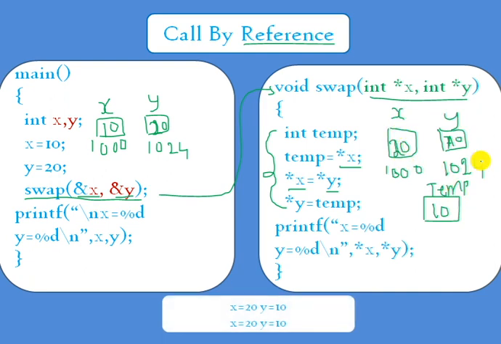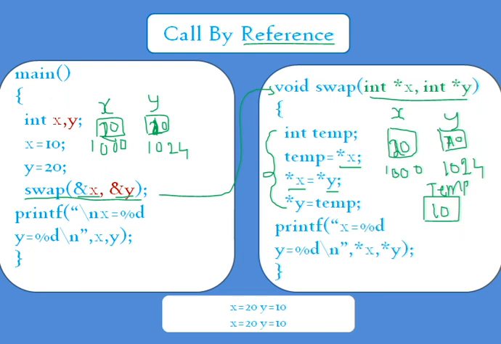So whatever changes happened here, this printf prints the interchanged x and y values. Here also this printf, that means these changes reflect on these addresses. Means here also this is 20, this is 10. You will get the same 20 and 10. That means when you approach call by reference, definitely you have to send the address of the variables as parameters. In the function definition, you have to accept those addresses by taking pointer variables, and whatever changes are made to the values at the specified address definitely reflect at the exact locations.